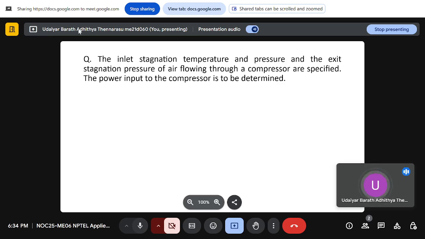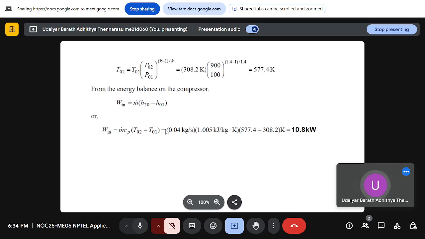So if the stagnation temperature and pressures are given at the inlet and exit, since it is a compression process we assume it to be an isentropic process, so even in stagnation temperature entropy will remain the same. So we can directly estimate the enthalpies of the inlet and the exit condition, and we can find out the work done, or if the temperatures are given, you can directly use m dot Cp delta T.